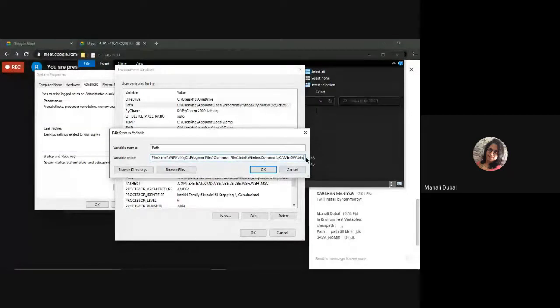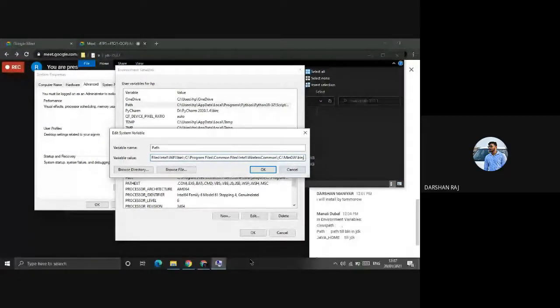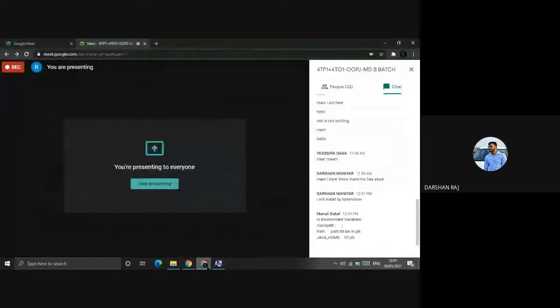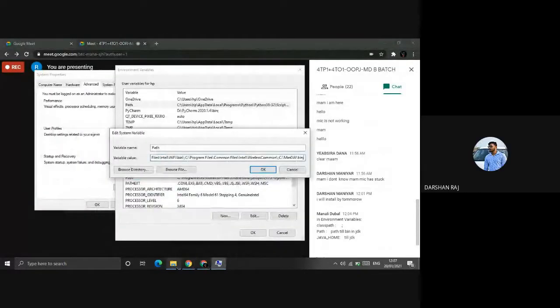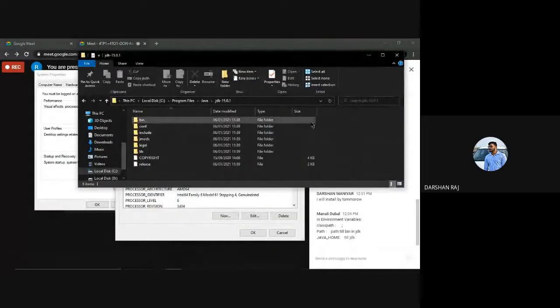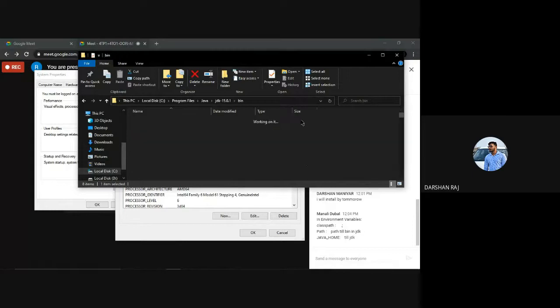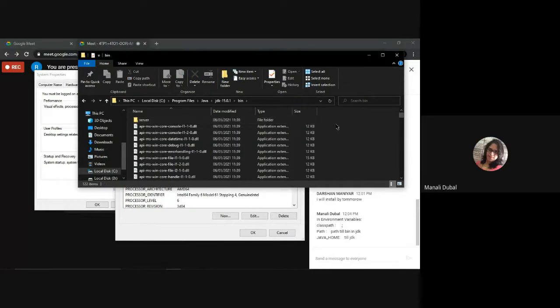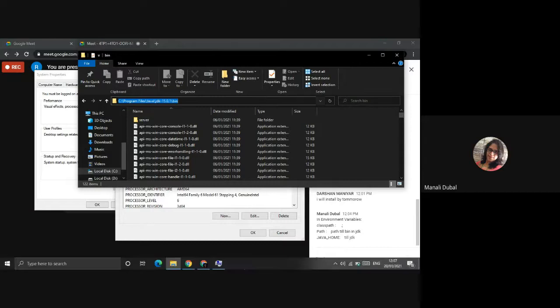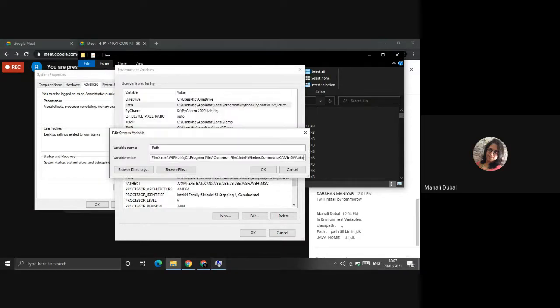Now go to your JDK. In your My Computer, JDK is already there, no? Ma'am, actually I'm traveling somewhere, that's why I'm just following your videos. Click on bin. No need to worry. Double click on bin. Now copy the URL and paste the same thing in your environment variable that you have just newly created.